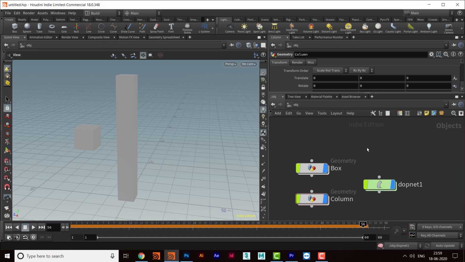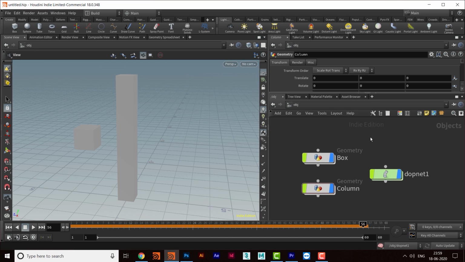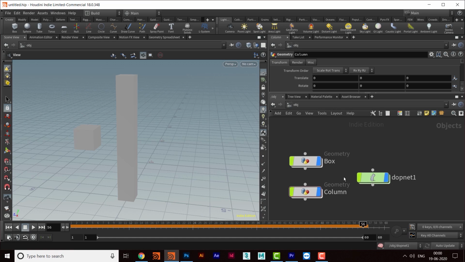Packed primitive is a way of working in Houdini for the bigger simulations, for bigger shots, and in this way, what Houdini does, it takes the body and puts the whole information into a single point or a primitive. So in that manner, a lot of simulation time and a lot of memory is saved, and that's really cool. That means you can create bigger and bigger shots. Nowadays in movies you can see the whole city being destroyed, and in these kinds of shots, packed primitive geometry is definitely a big thing.